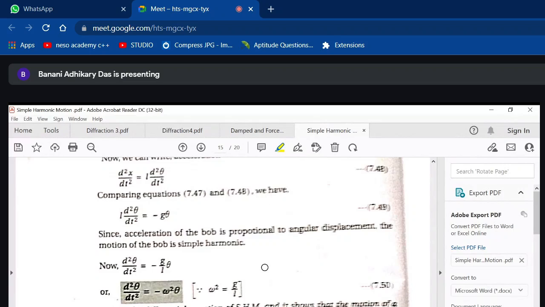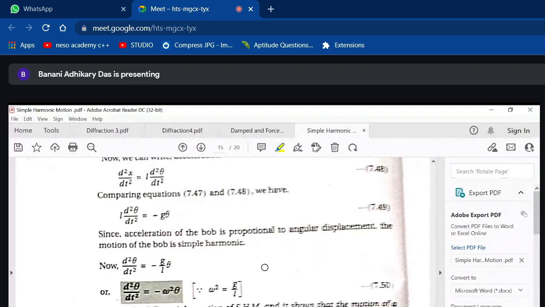That was our equation of motion of a particle executing simple harmonic motion. So the equation of simple harmonic motion is d2x/dt2 plus omega square x is equal to 0. Similarly, equation 7.51 gives you an equation of the same functional form: d2 theta/dt2 plus omega square theta is equal to 0. Here the variable is not x, it is theta, because that is the angle which is changing for a swinging pendulum. Of course, omega is equal to root over g by L.